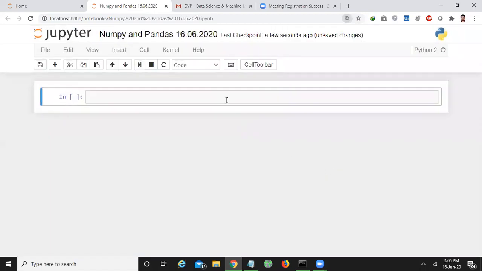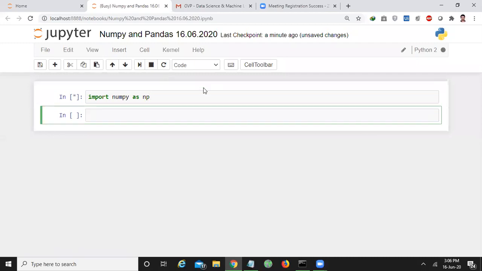So today we'll start with the package, that is import numpy as np. We'll see what are the things that we can perform using this NumPy package. The statement can be written like this: import numpy as np. Generally, this package is used to perform numerical operations on the data, or if you want to apply some mathematical functions on the given data, you can use this NumPy package. Let us execute this.